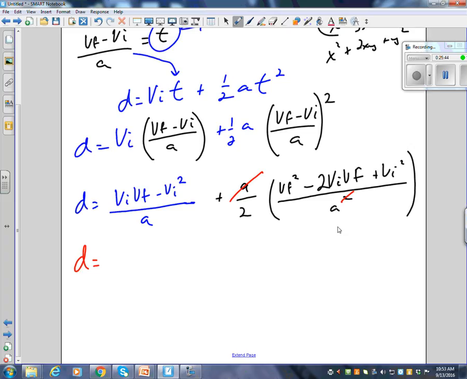Good question. Okay, so now I've got Vi Vf minus Vi squared all over A, plus, so now all I really have to do is take that 2 in on the bottom, right? Well, this step is actually fairly easy. So now it's same thing on the top, Vf squared minus 2 Vi Vf plus Vi squared, and it's all over